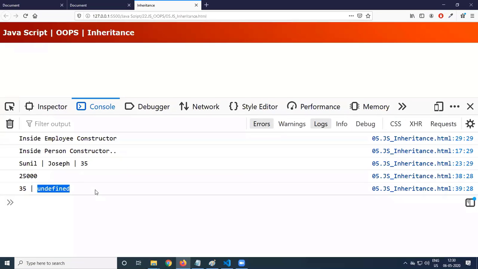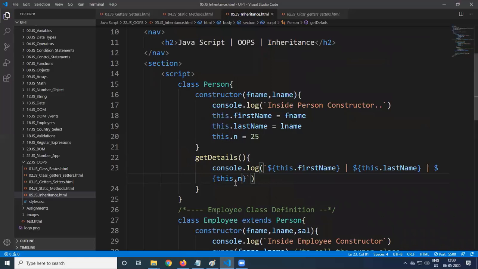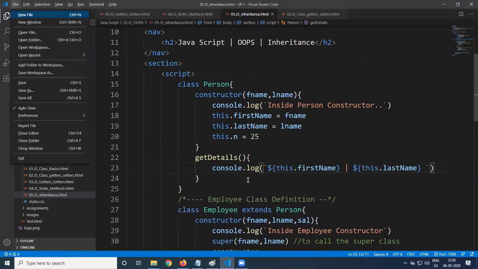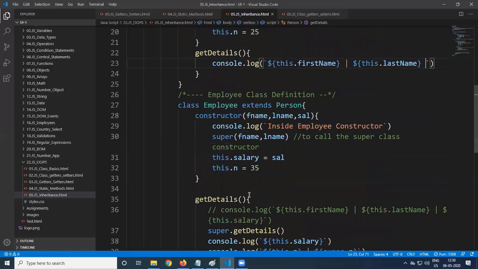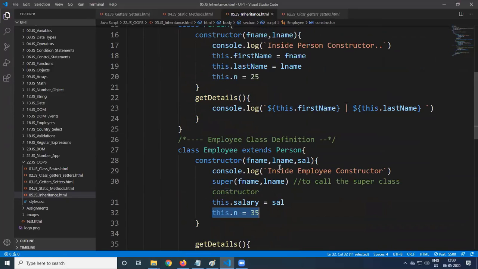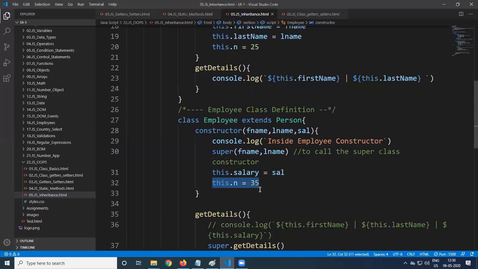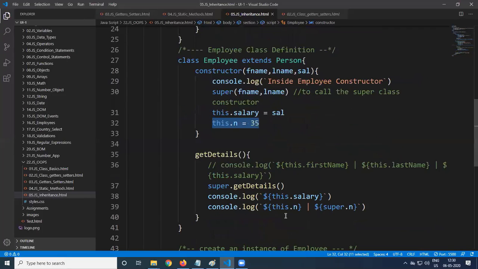That is also undefined. So overriding of member data is not happening, only overriding of methods is happening. So keep this point in mind. This is only in JavaScript, but if you do the same program in Java or C# and all, it will have 2 properties. We are able to access it as this.n as well as super.n.